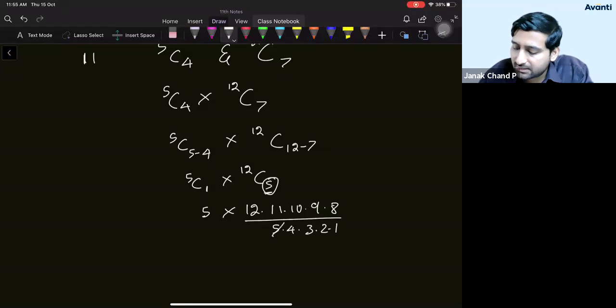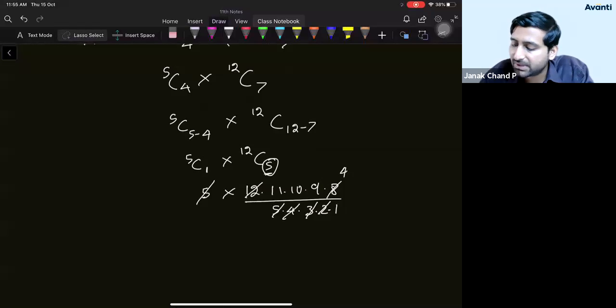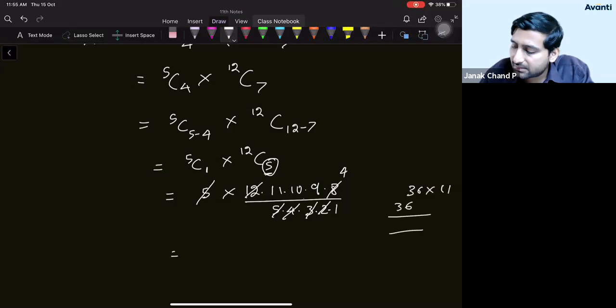So I can cancel this 5 and 5. Then, student, this 12 is nothing but 4 into 3. And then 2 ones, I can say 2 fours. So whatever numerator terms are left out, just do the multiplication: 11 into 9 into 4, right? So what will you get, student? I can write this as 9 fours are 36, and 36 into 11 will be 36 plus 36, which will be 396. So the answer will be 396, and if I multiply by 10, it will be this much.